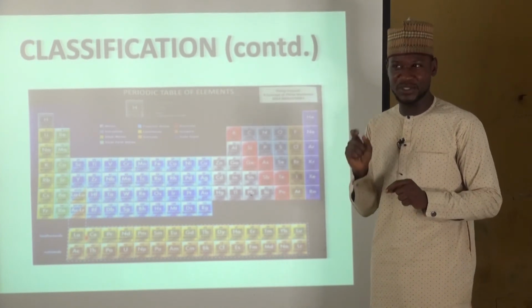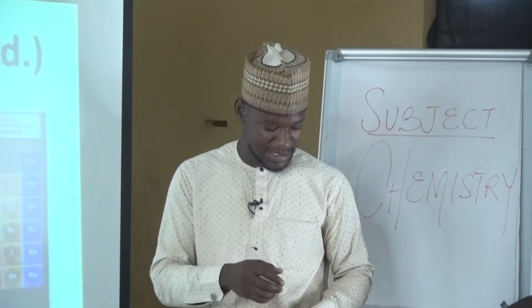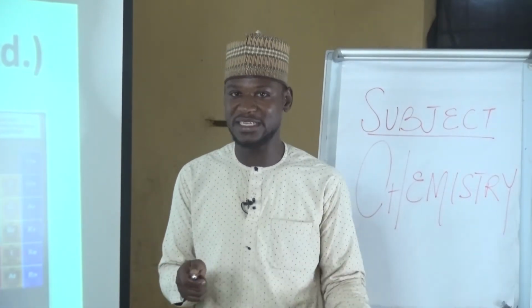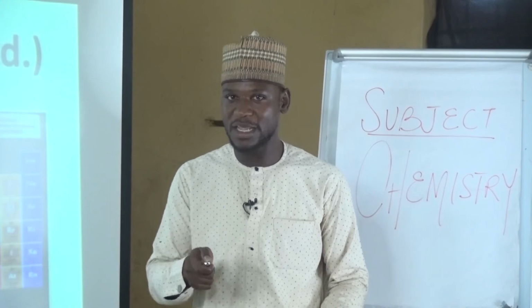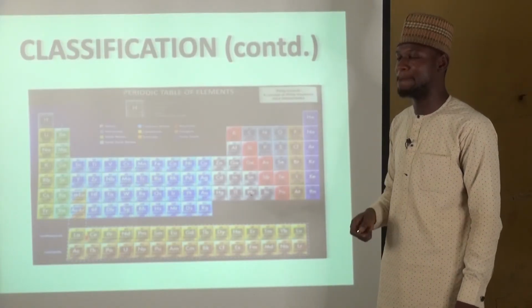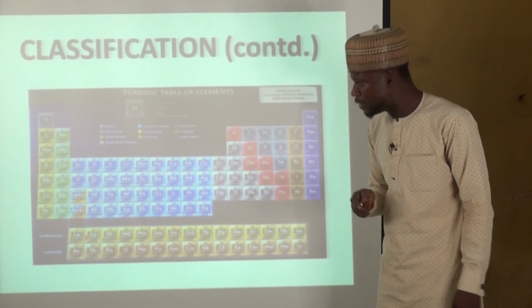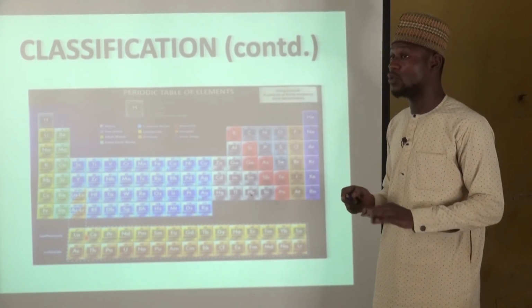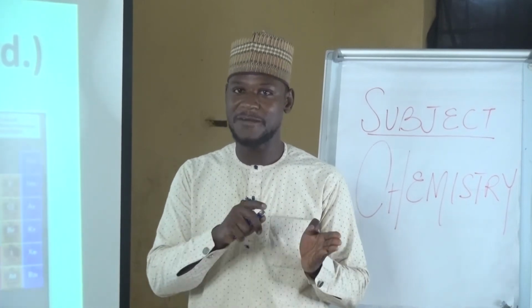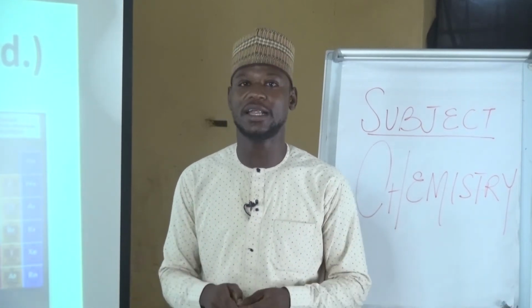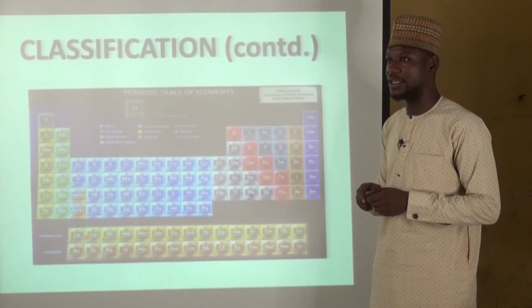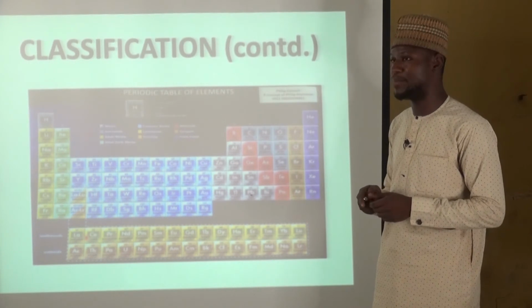And also, he captured that chemical properties, physical properties, and some other properties reoccur after an interval. That means when you have group 1 element, they will come back to group 1 element again, and then their properties will be the same. Having said that, I'll move again to features of the periodic table, or at least classification of the periodic table, in which they were classified as vertical relationships, the horizontal relationships, and then the diagonal relationships, also known as groups and periods.